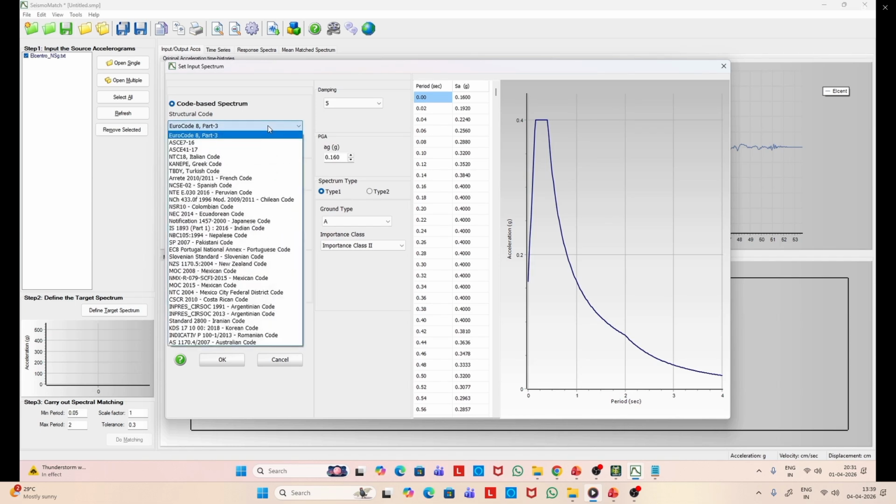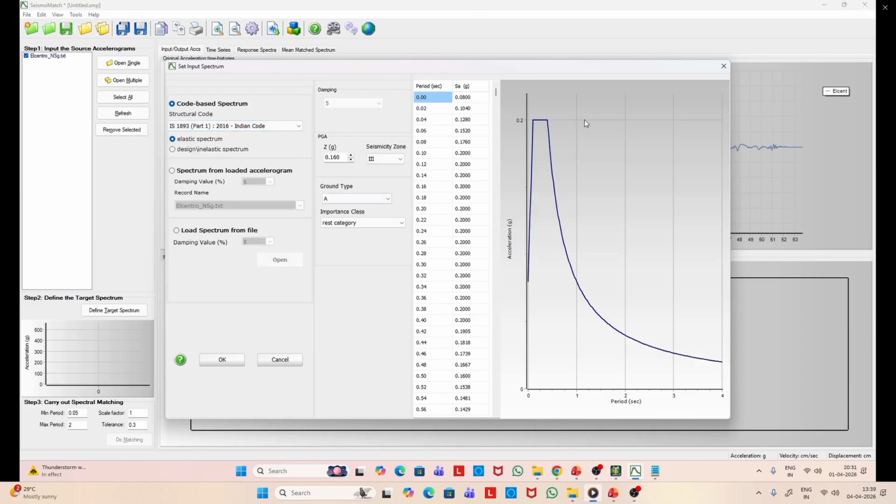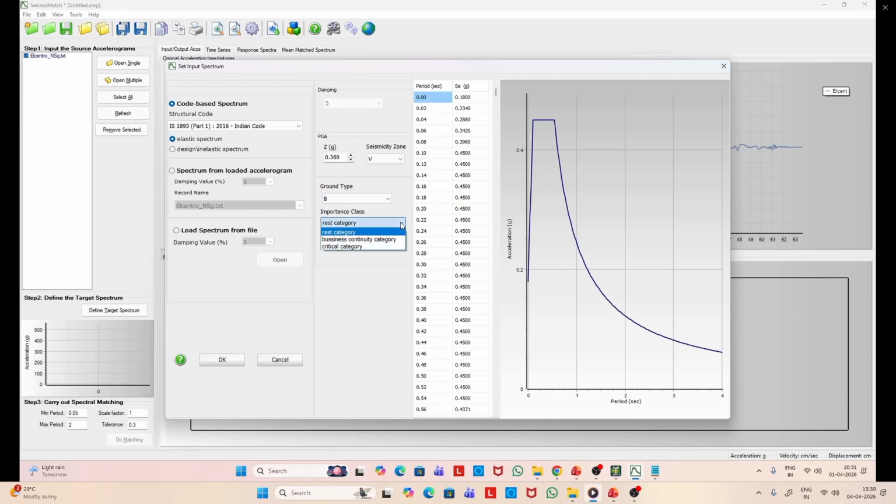Let us select the IS code, and the moment we select, you see it is an elastic spectrum. If we set the zone factor correctly, the Z value will come, and for the soil type we select medium, that is B, and importance class is 1, so we select the rest category.